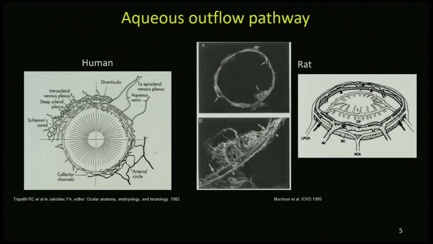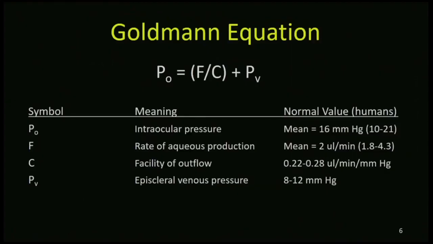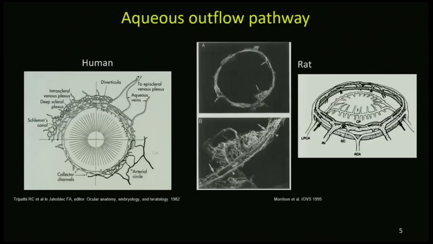And it happens that the rat outflow, which is the animal that we study in our lab, is pretty similar to the human, at least at the ultrastructure level of Schlemm's canal. And these are actually castings that were made by Morrison and colleagues of the rat outflow pathway. And again, very similarly, you can see Schlemm's canal here, which is then fed off by aqueous veins and episcleral veins. So again, here's a schematic. Here's Schlemm's canal, and here's an aqueous vein there.